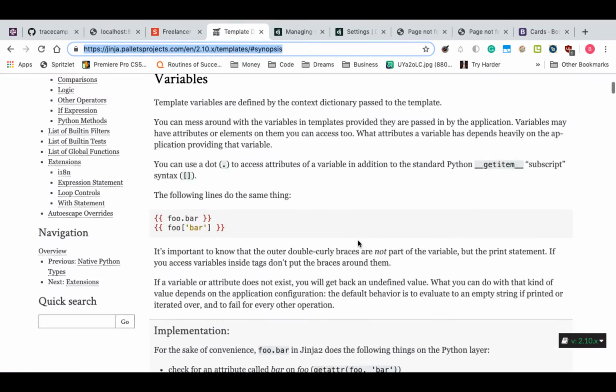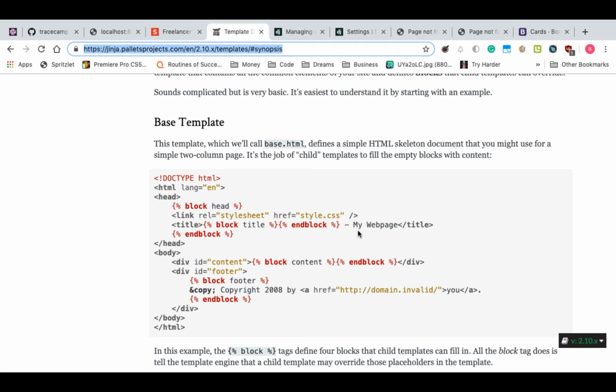Okay. What we are looking for is blocks. Or template inheritance, as I put it here. But essentially, what you do in Jinja is you define a block, and that is just a part that you can override in a child template. So we're going to